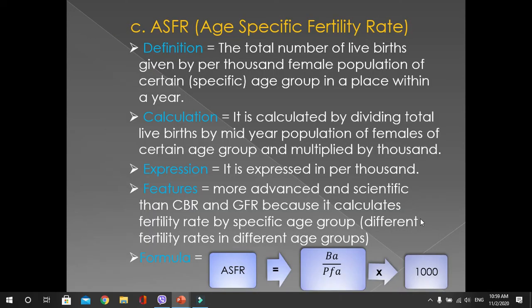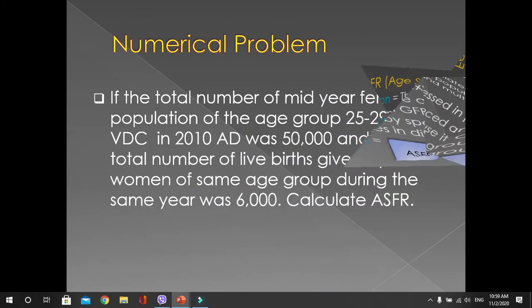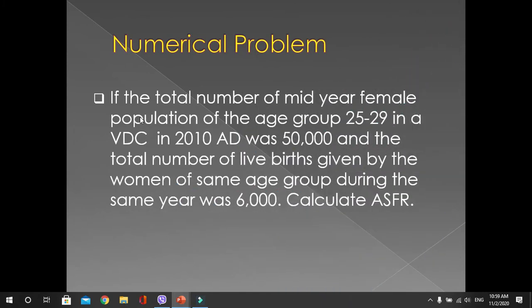Now moving on to next slide, we have got one numerical problem. Now you have to solve this. If you want, you can pause the video and you can copy the question and you can solve this. Okay, I would like to read out the question. If the total number of median female population of the age group 25 to 29 years in a VDC in 2010 AD was 50,000, means the median female population of this age group, means 25 to 29 years age group, was 50,000,